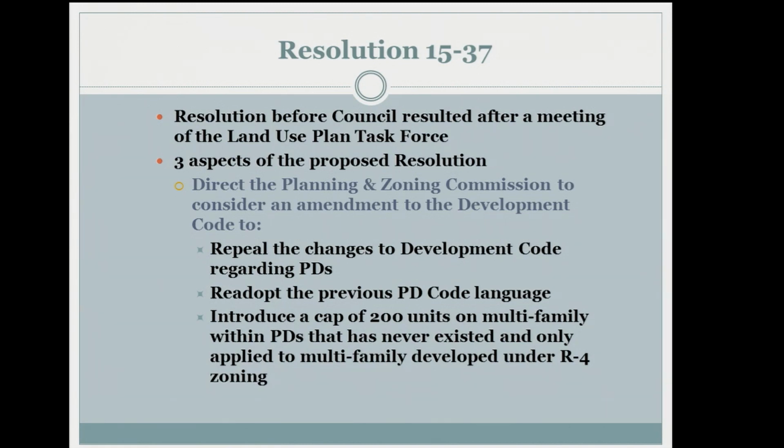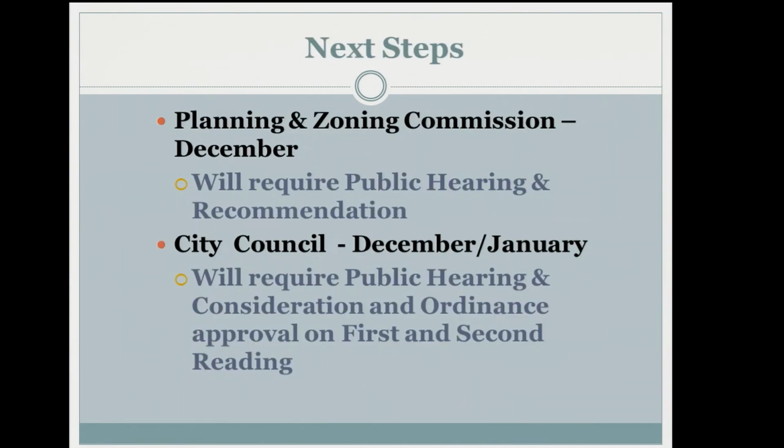Also introduce a cap of 200 units on the multifamily within planned developments. This type of cap has never existed related to planned developments and has traditionally only applied to multifamily development under your standard R4 zoning category. With that, in anticipation of direction this evening on the resolution,